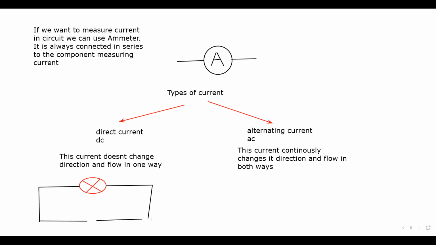cells and batteries are also DC supplies because the direction of the current does not change. Here I draw a battery. So this is a positive terminal, negative. So what happens? The current, if it is moving from positive to negative, it will continue to flow only in one way. If the current is having only one direction in the circuit, that type of current is known as DC. But what happens in AC? The current has multiple ways to flow, like both ways it flows.